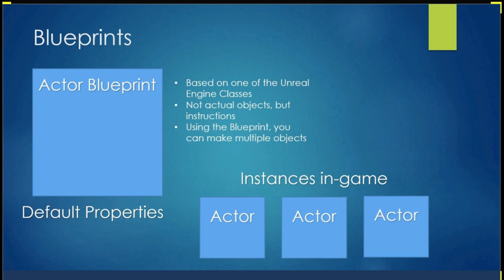We are going to basically determine in the blueprint what's going to happen in the game, and then we are going to create an actual actor based on that blueprint, drag it and place it in the game, possibly make copies of it and so on. So that will be multiple instances of the same blueprint having the same instructions, and it will act in the same way throughout your whole game. So this concludes classes and blueprints, and we are going to solidify this knowledge with some examples as we create our games in Unreal Engine.